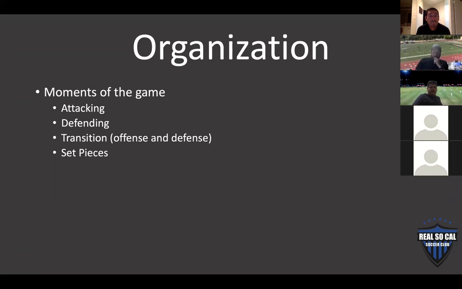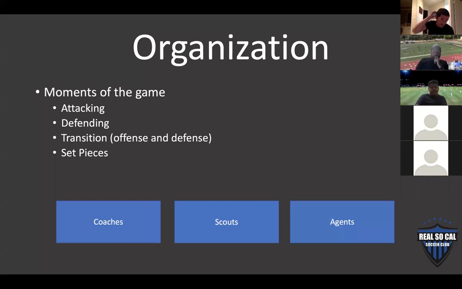Now we're going to look at the organization of the video, okay? Coaches, scouts, agents, they look at the game in moments. We have attacking moments, defending moments, transition moments, and also set pieces. So it's very important that you know who's gonna look at this. We'll later give you an example of what you don't want to include based on organization and moments of the